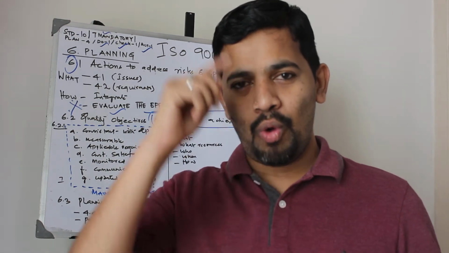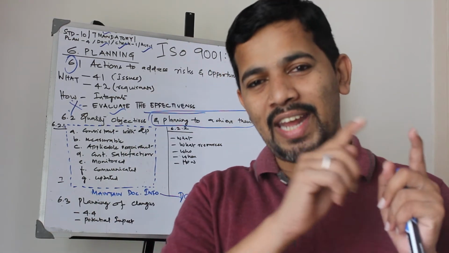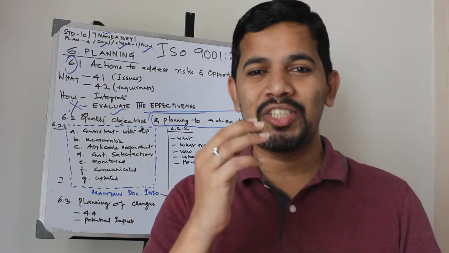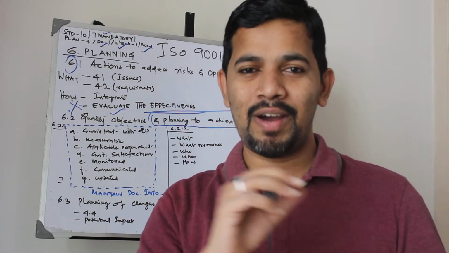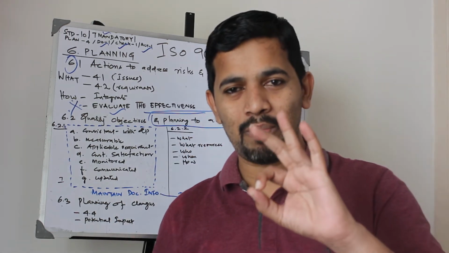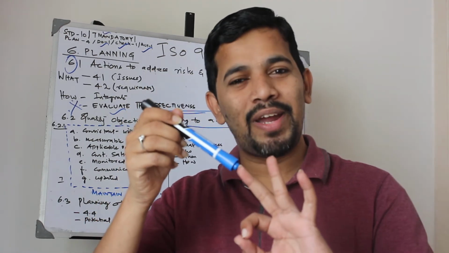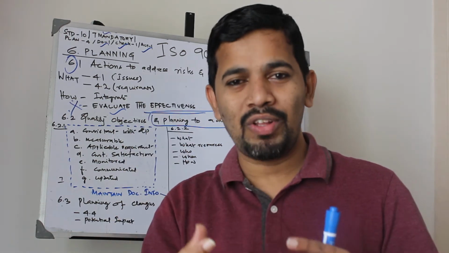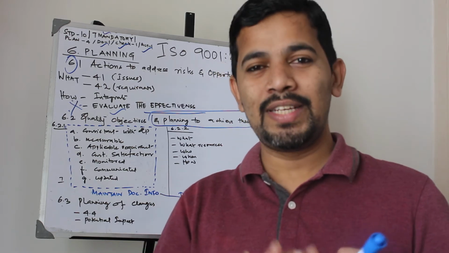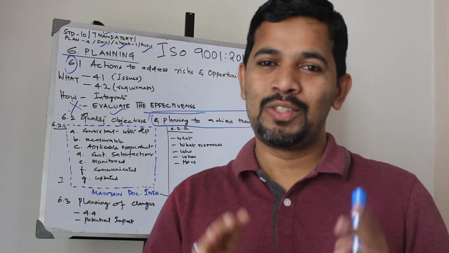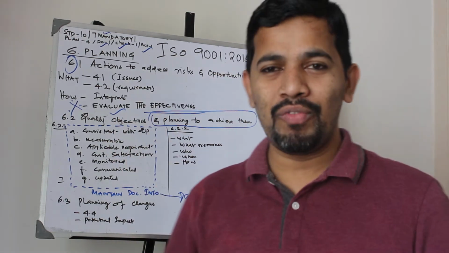Just to go back to class number 5, there are 3 profound words being used. The entire class starts with "the top management shall", and all the clauses start with it. There are 3 keywords being used: top management shall demonstrate, top management shall establish, top management shall ensure. We also covered why those words are used, what the meaning and the interpretation of them is, in class number 5. So please catch up on that video, and you will get the full picture. And then we are going with class number 6.